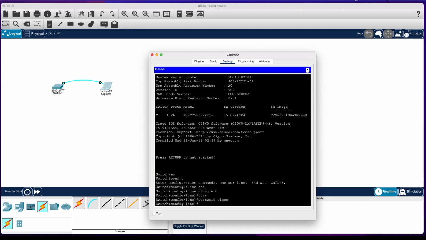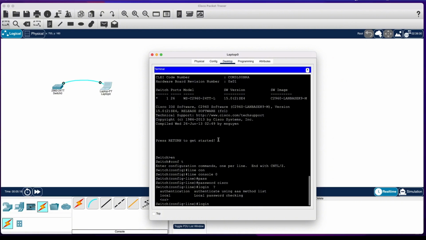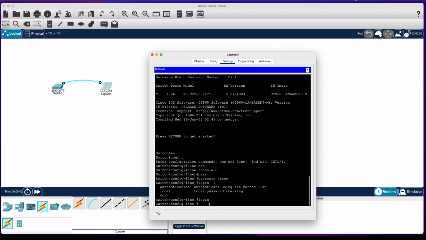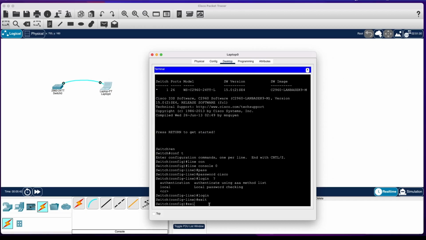enter, and we have two different options. The first one is login, and the second one is login local. The login option will not prompt for the username, but if you use login local, it will prompt you for the username and the password. We'll see both of them so that we have an idea of how it works with and without. So let me give login, enter, exit from this device,